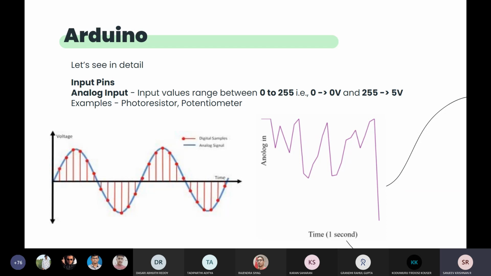To remove this problem, they are doing this digital sampling. They are making it into 0 to 255 because it is easy for the Arduino to compute. Of course we cannot have that kind of accuracy. We cannot maintain that many decimal values, but it will get sampled to the nearest possible value. The reason for this conversion to 0 to 255 is to make the computation easy.